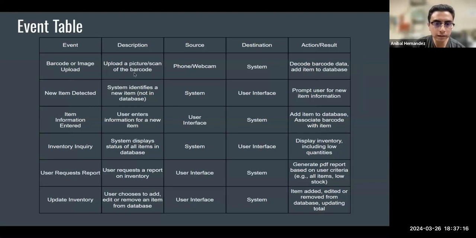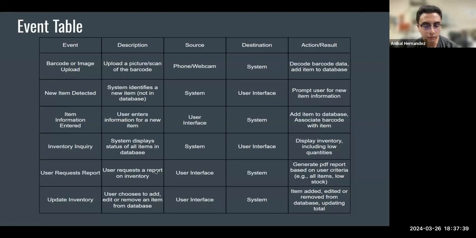So for the barcode scanning, we have the event: upload a picture or scan of the barcode. The source is phone or webcam. The destination is the system. And the action is decode barcode data and add item to database. So these are basically all of our